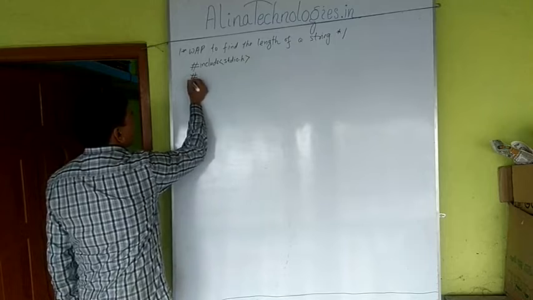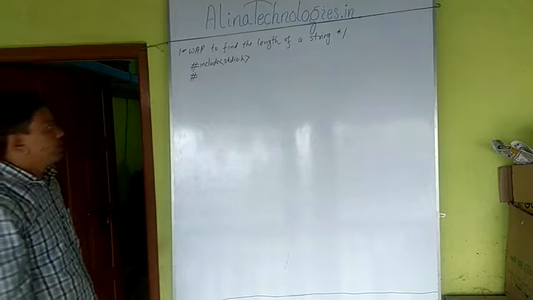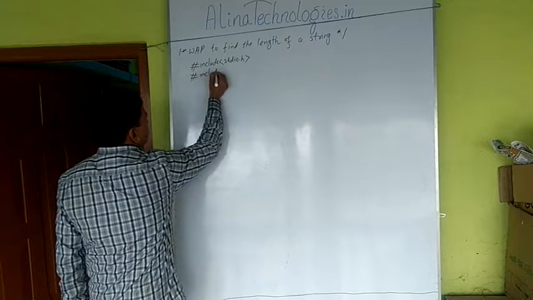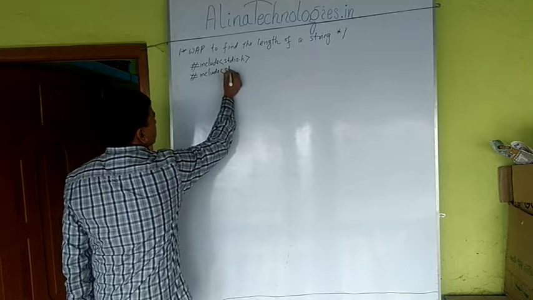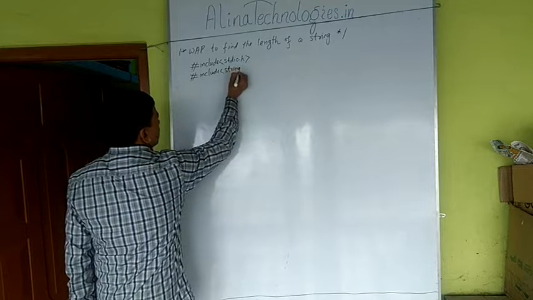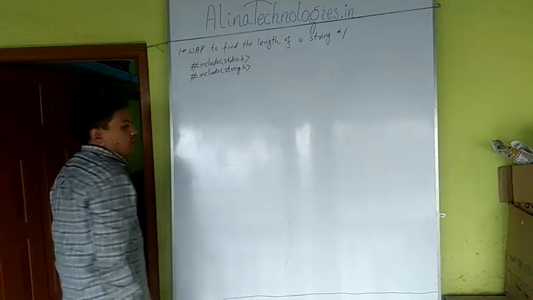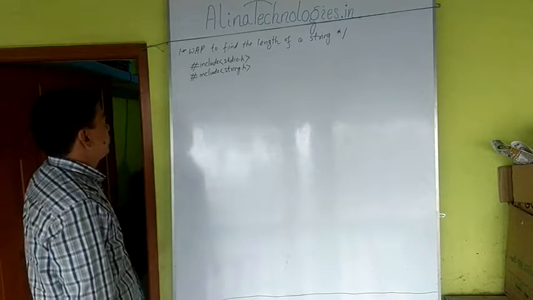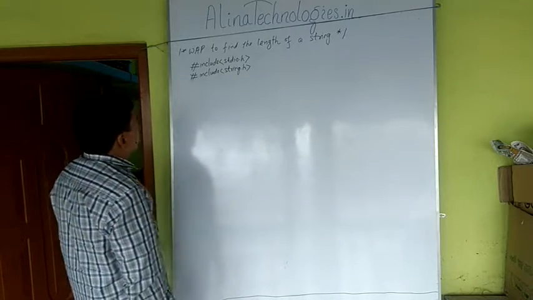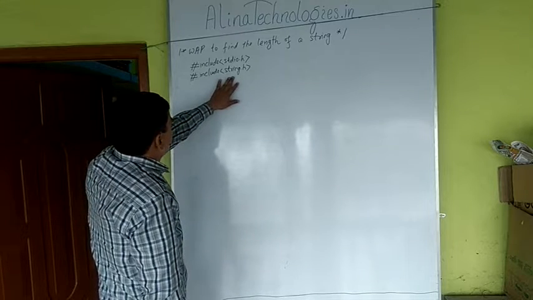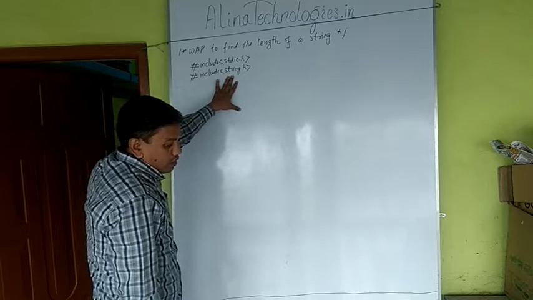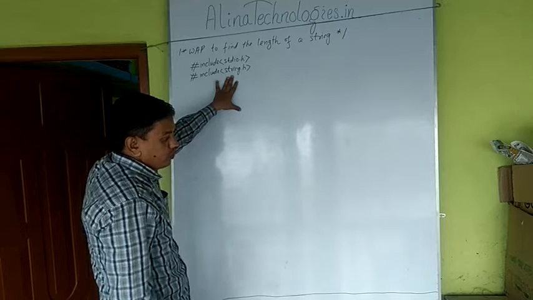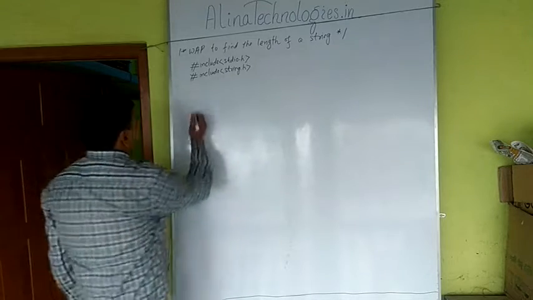The second header file we include is string.h. It includes the string related functions used in my program. One is stdio.h, the second is string.h, a header file which has the definition of some predefined functions related to strings.